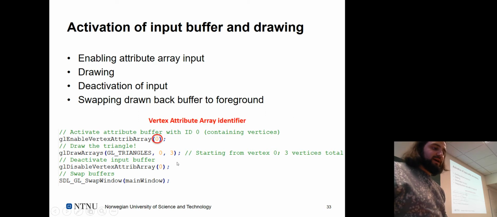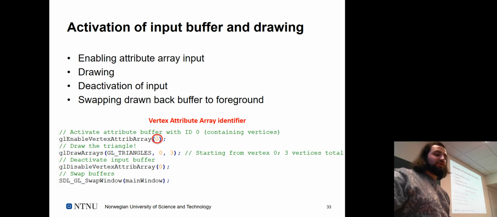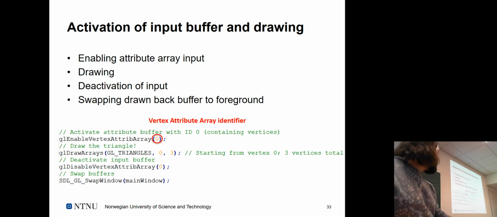And on the next line, we call the glDrawArrays function, and we put what kind of primitives we would like to use. We want to draw triangles, and we start drawing triangles from the very first